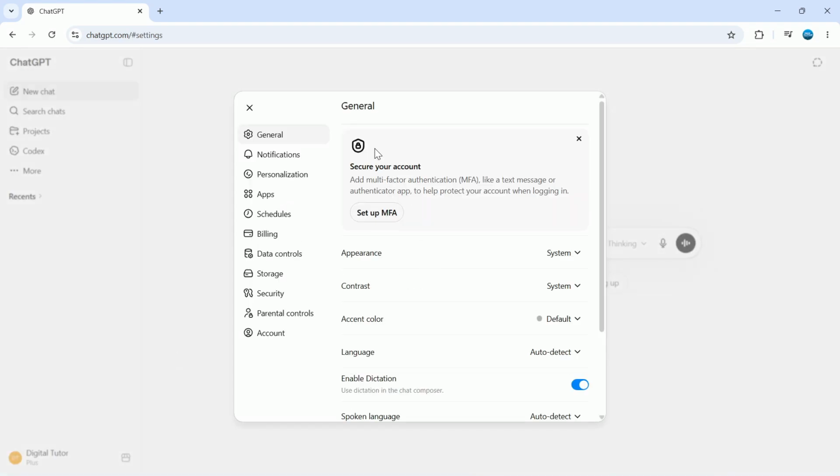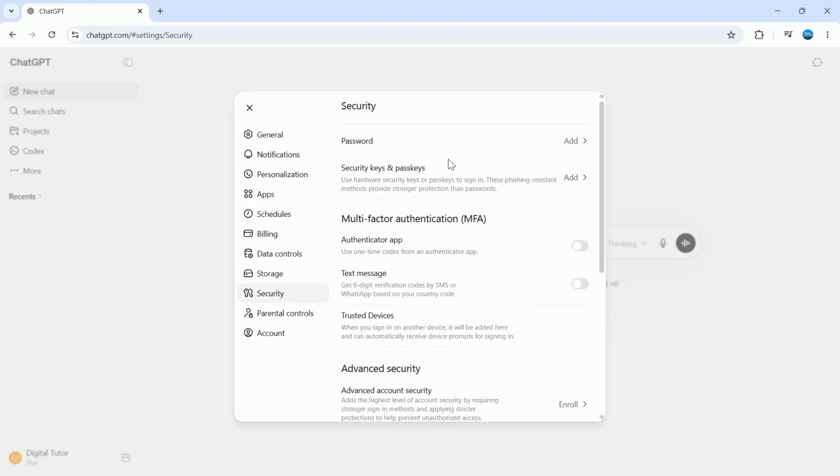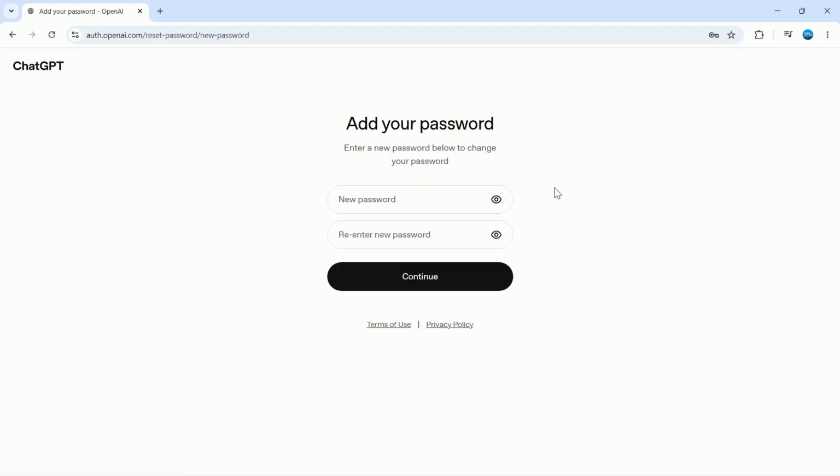Now, once you've got your settings window opened, come over to the menu on the left-hand side and click onto security. And from here, if you come up to the top, you can add a password or change an existing password by clicking here. At this point, it might ask you to verify your account by sending a verification code to your email. So you want to do that, and after you've done that, you'll be able to change your